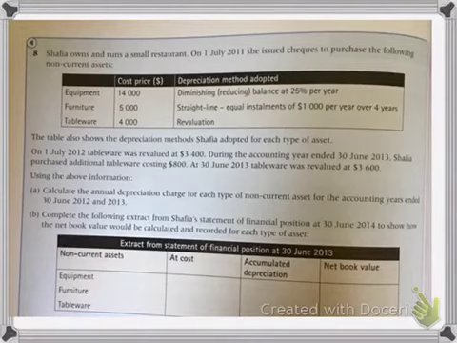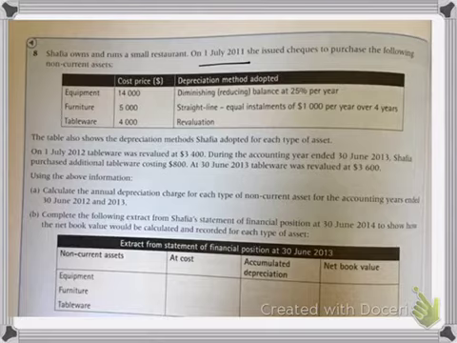this is a question, this is an example. We'll solve this example, we'll also calculate depreciation as well as record it. So Shafia owns and runs a small restaurant on 1 July 2011. You have to pay special attention to dates when we are dealing with questions on depreciation. Why? Because without paying attention to the dates, you won't be able to judge for how many months or for how many years we need to calculate depreciation, or for how many months a specific asset was used by the business, right? So please pay special attention to the dates that are there in the question.